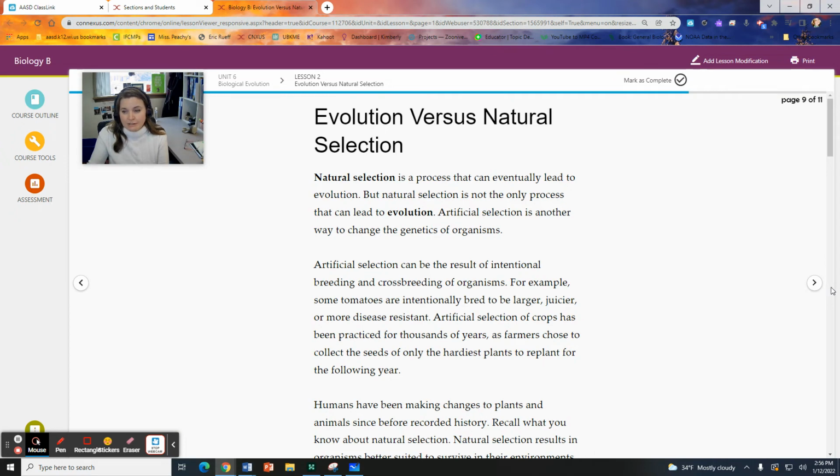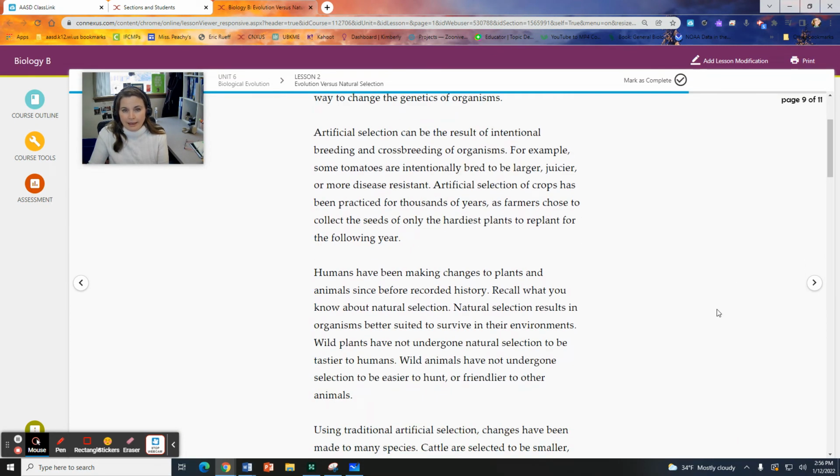So artificial selection is actually where human beings have done what nature does already. It builds upon traits, it selects for traits, or we select for traits that we find to be advantageous. It doesn't help the survivability of the species generally, but it helps us because we like them better. We see this in plants and animals, but we see this a lot in agriculture, how different crops have been cultivated for specific traits, to make larger fruit size